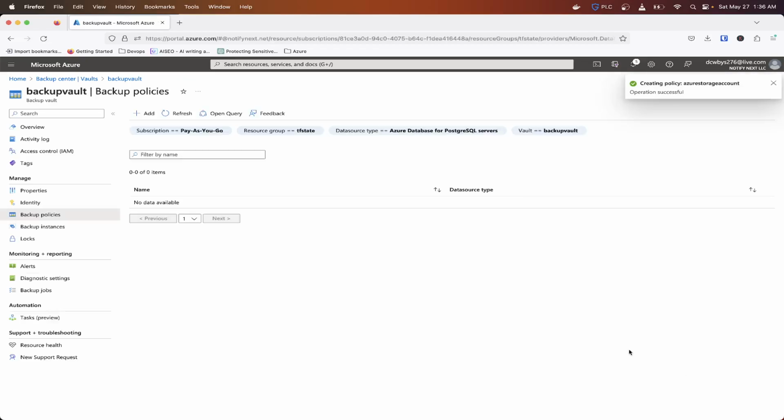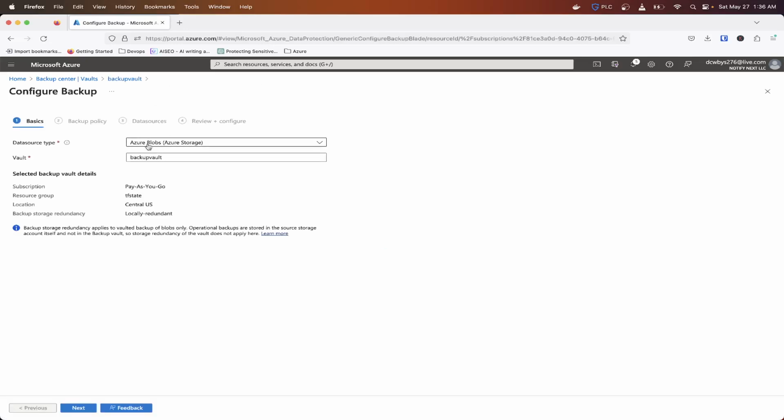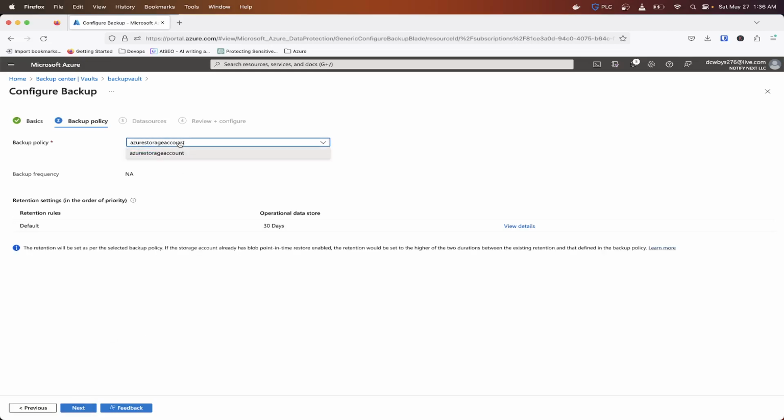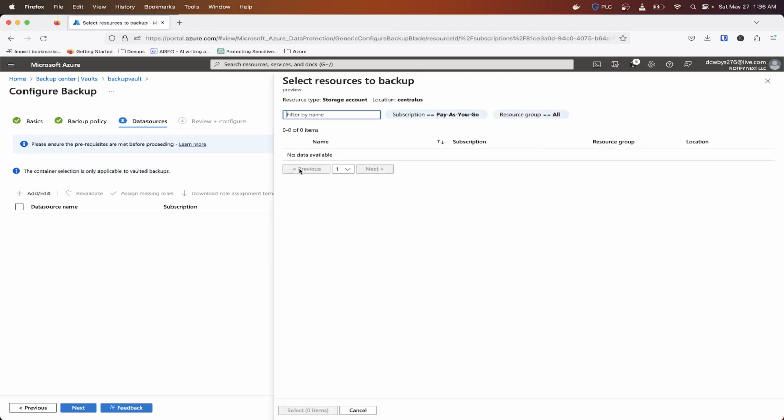So once that gets created, next what we're going to need to do is create a backup. So we're going to go to overview. We're going to hit backup and just go through the prompts here. We're going to make sure our backup policy is selected. And then this is where we want to choose the, so this says container selection is only applicable to vaulted backups. We're actually going to be choosing,